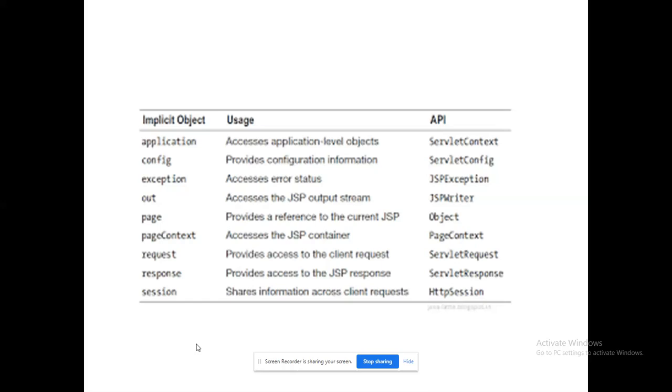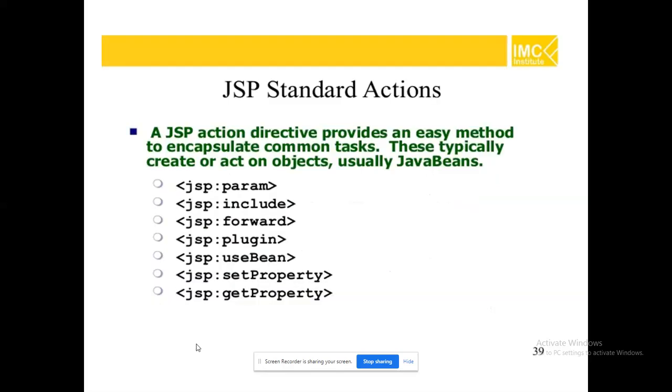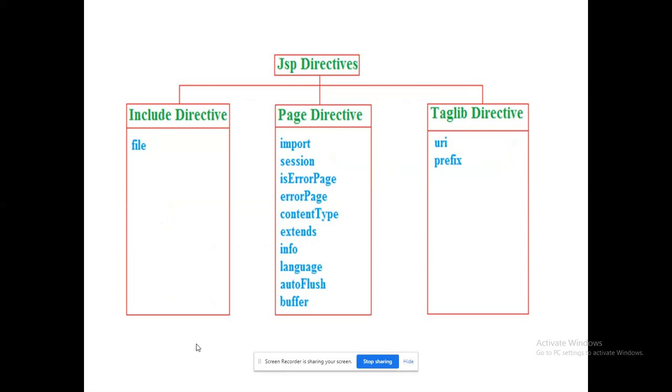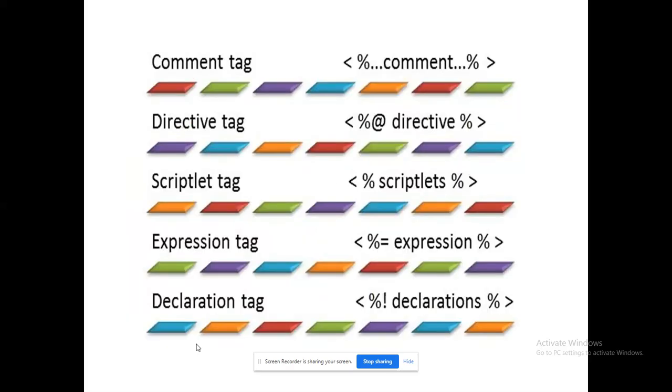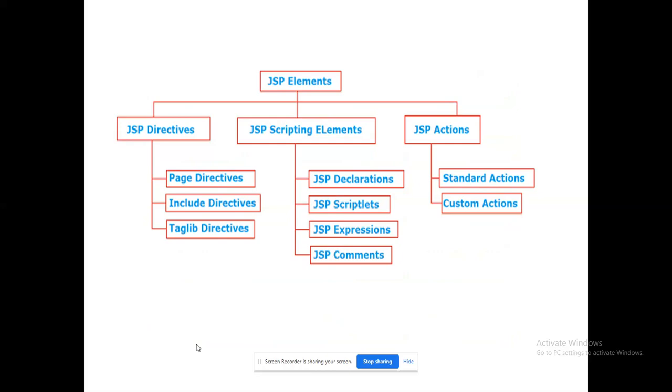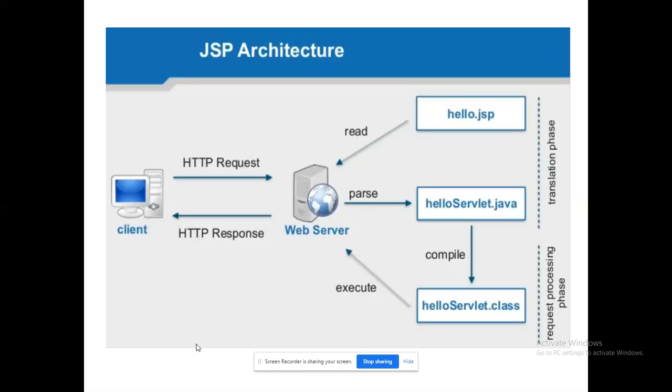Java implicit objects are necessary for me in the JSP program, but how they will be interpreted in the web container will be managed by the servlet API service. We have seen standard actions, types of JSP directives, the corresponding attributes, and scripting elements. These are the fundamentals to be revised along with our JSP architecture.